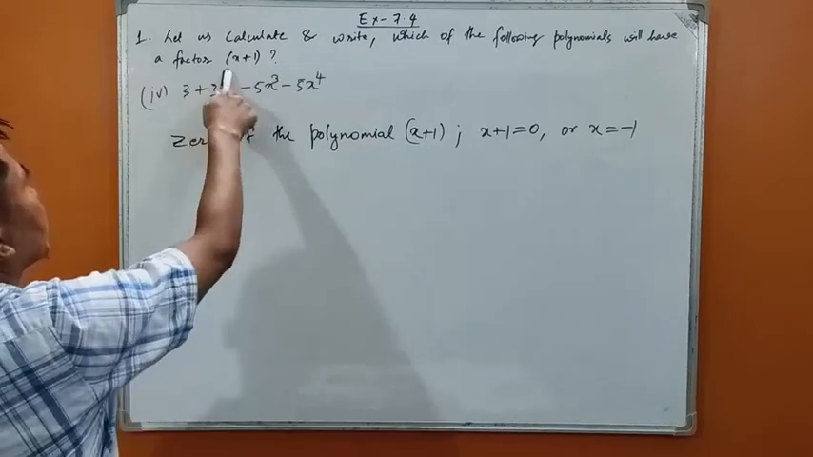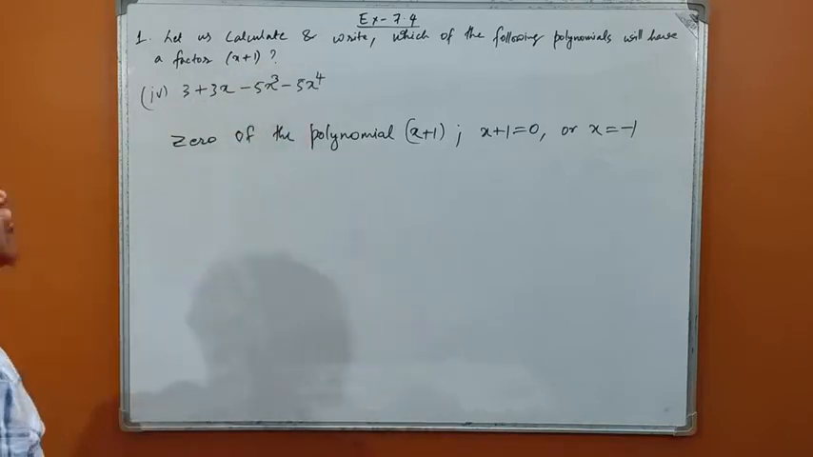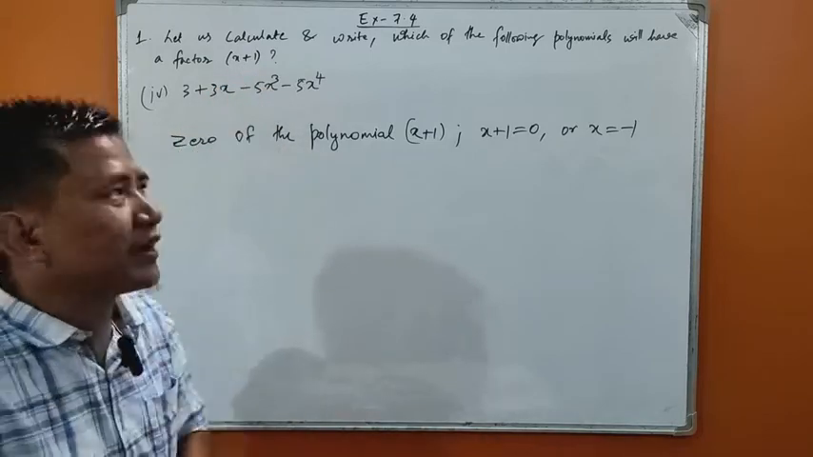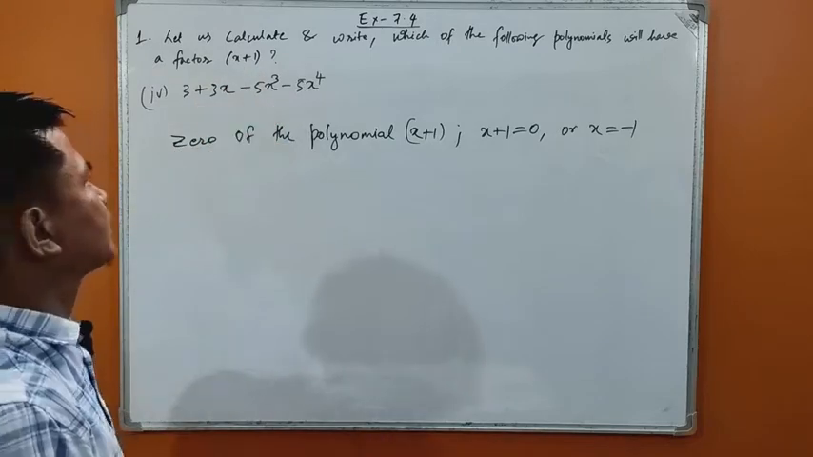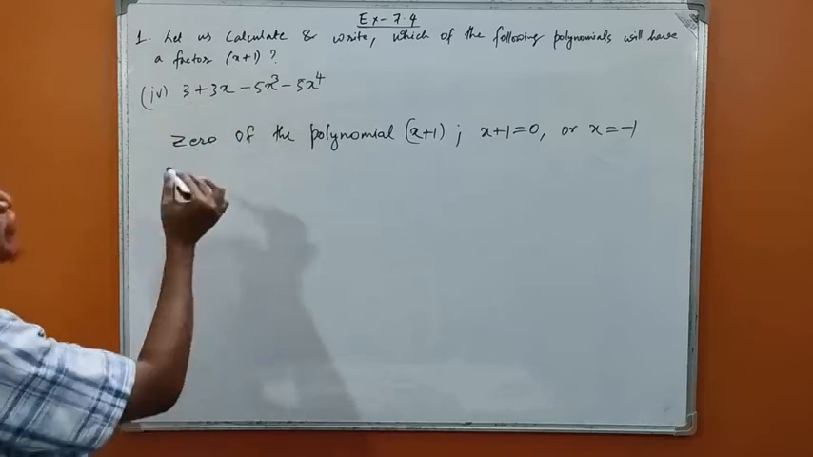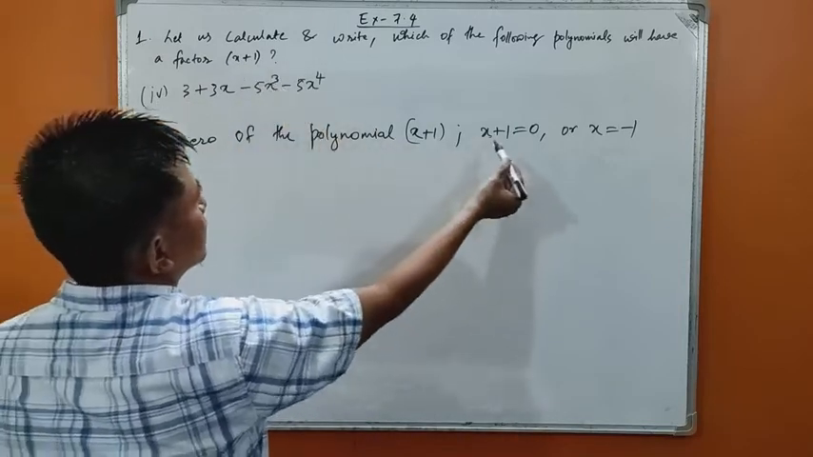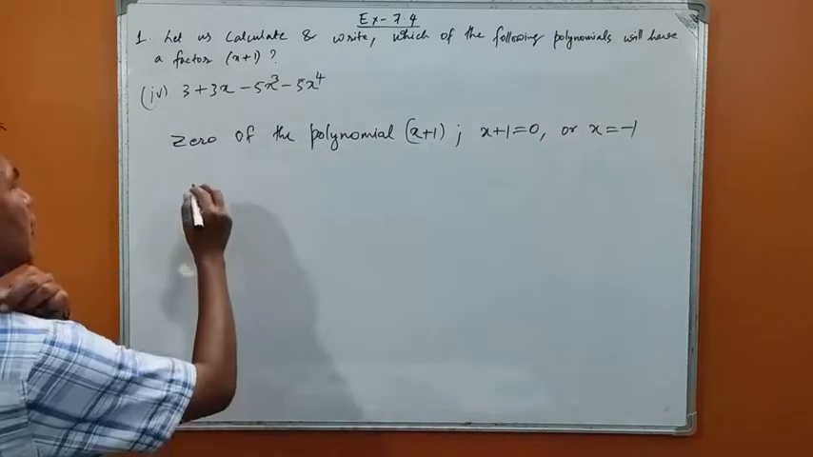Okay, verify whether x plus 1 is the factor of this expression or not. What we do is we divide this expression by x plus 1, and if the remainder comes 0, then we can say x plus 1 is the factor of this expression, isn't it? So to divide this expression by this expression, we do it by the remainder theorem. So the zero of the polynomial x plus 1: x plus 1 equal to 0 or x equals -1. Okay, now let